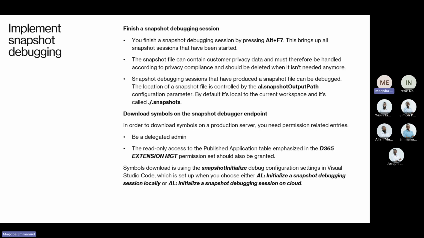They are saying the snapshot file can contain customer privacy data and must therefore be handled according to privacy compliance and should be deleted when it isn't needed anymore. So snapshot debugging sessions that have produced a snapshot file can be debugged. As you shall see, the location of a snapshot file is controlled by the AL snapshot output path configuration parameter. By default, it's local to the client, to the current workspace, and it's called snapshots in the VS Code. So now, downloading